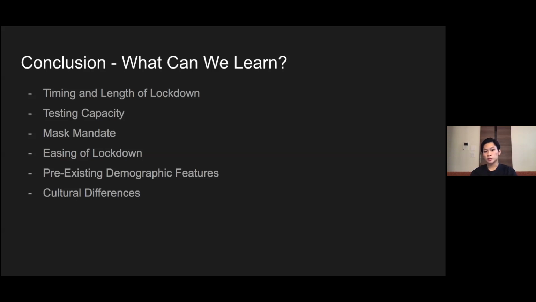Now, concerning the easing of lockdowns, countries with clear criteria for easing lockdowns that were informed by data and expert opinion tended to do better. And of course, this is very closely tied to an individual country's testing capacity and how well its economy can sustain lockdowns. On the other hand, easing lockdowns too early, which was the case with Georgia in April, benefits neither the economy nor public health outcomes. And across the US, states that opened their economies early tended to do worse.